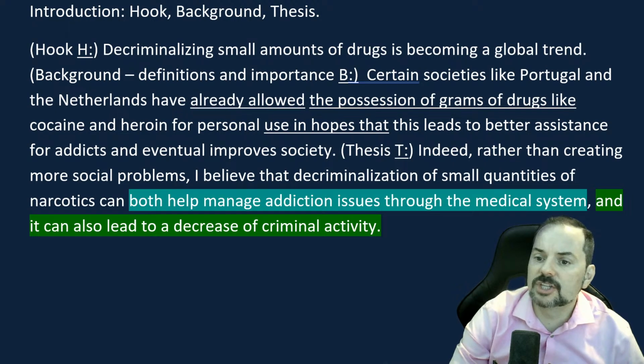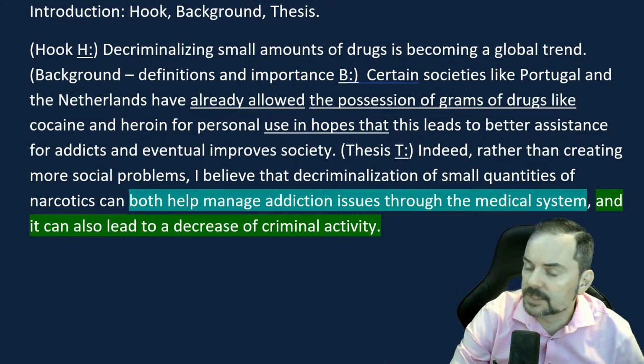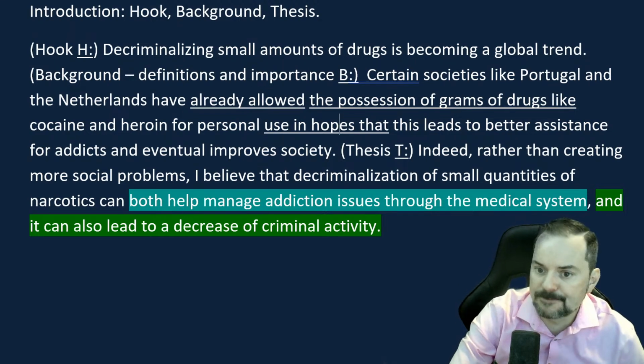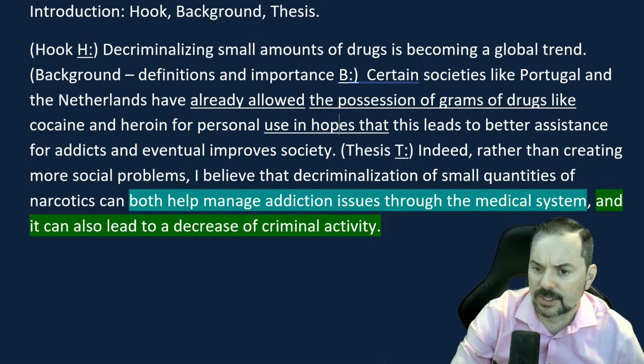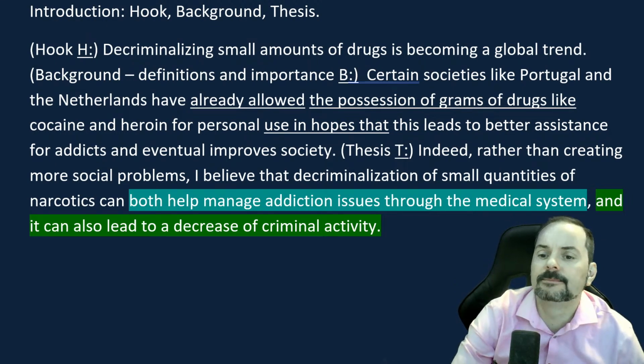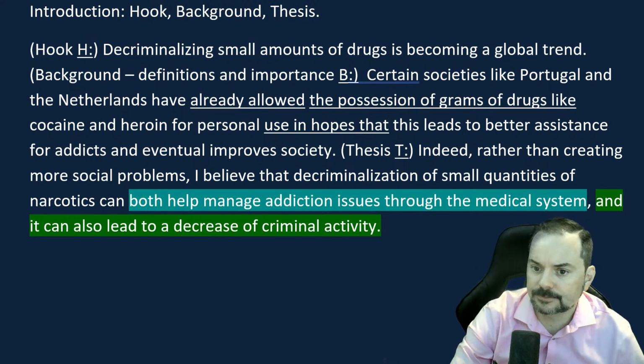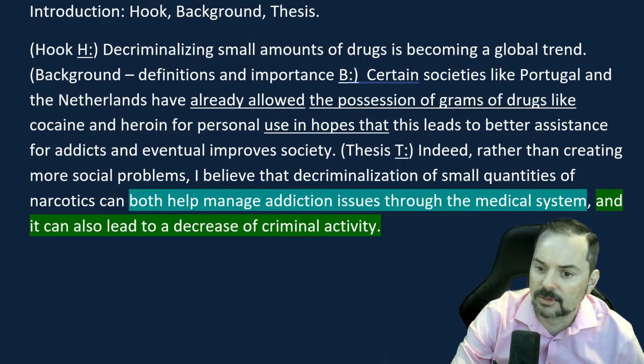Angel says decriminalization of illicit drugs has been a hot topic. We don't say booming topic. We say hot topic over the last few decades. Okay? Then it's okay. Not booming. Booming is a bit weird there, Angel. So not booming, okay, but hot topic. Domenico. The discussion about whether the decriminalization of consumption of small amounts of narcotics to provide treatment for people addicted to drugs or whether it can exacerbate the problem is causing divide among communities worldwide.